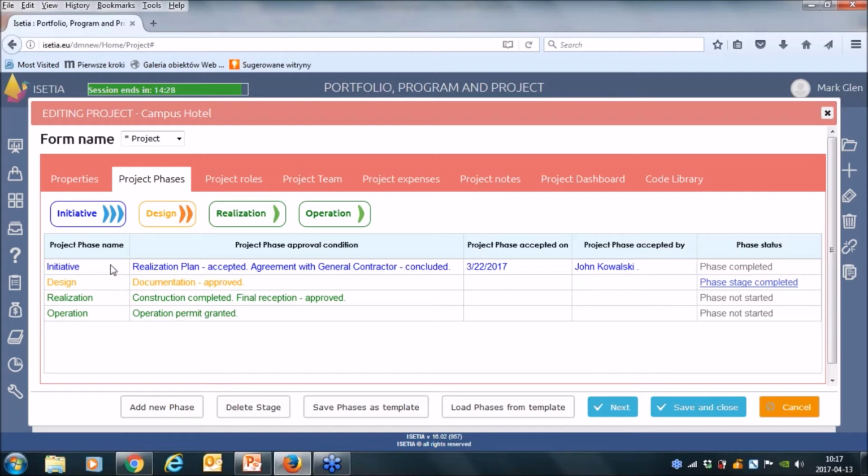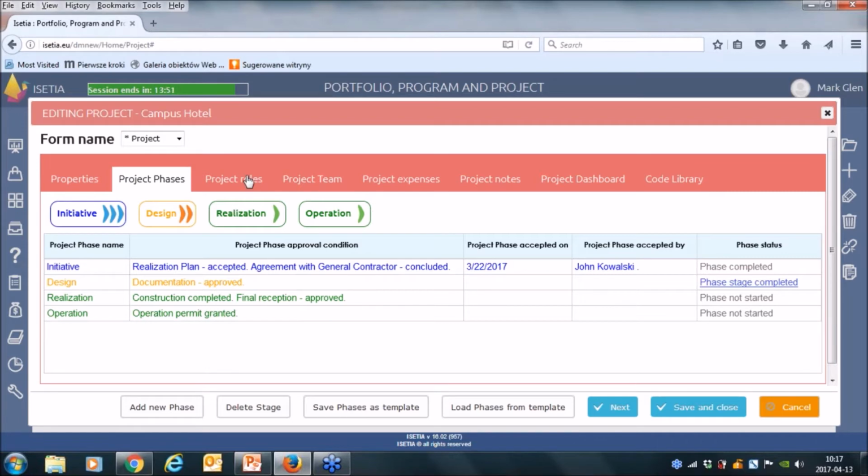Our initiative phase is finished, completed. This is the date of the completion, the acceptance person who did it, and some approval conditions which should be met to finalize and close a phase. So you can model, of course, your own phases. You can use some templates and manage these project management phases using this functionality.